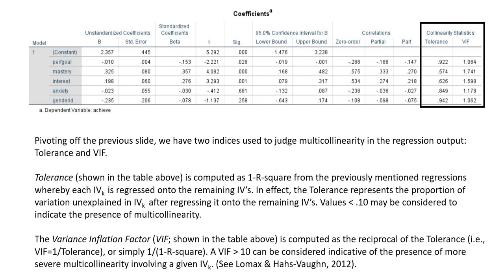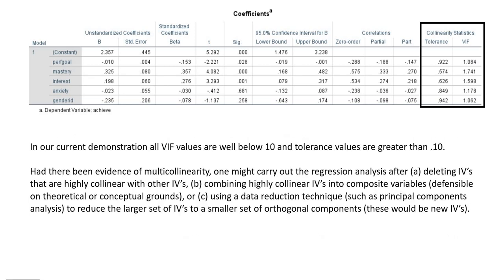As a general rule of thumb, for tolerance values, if they are less than 0.10, that would be an indication that there are greater problems associated with multicollinearity. With the variance inflation factor, or VIF, values greater than 10 would be considered indicative of the presence of more severe multicollinearity. So you can see in this demonstration that there do not seem to be any problems with multicollinearity